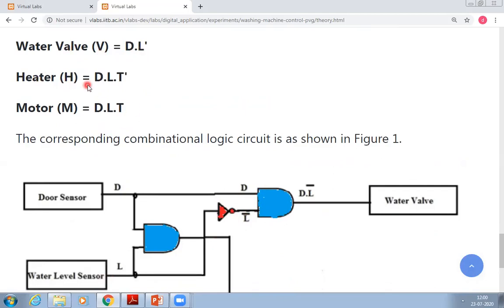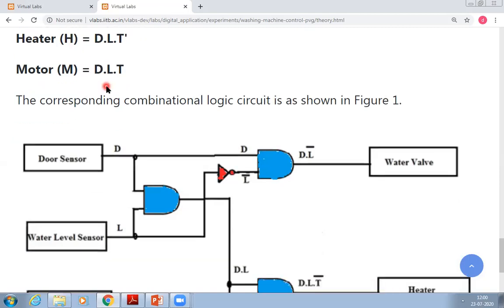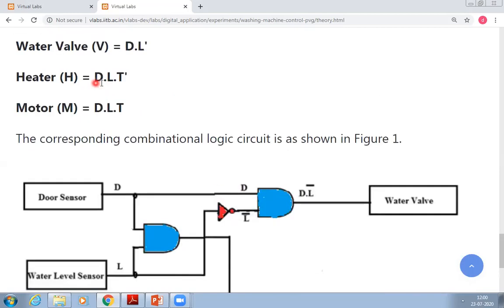Okay. Then second thing, to turn on heater, what is the condition? Now here you require D L and T bar. So for this D L, you require one two input AND gate, and this is T bar. T bar means